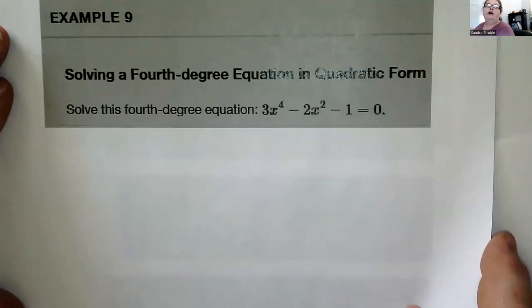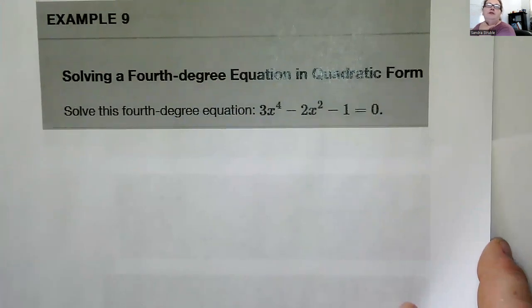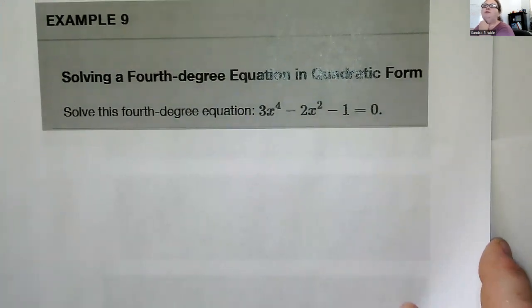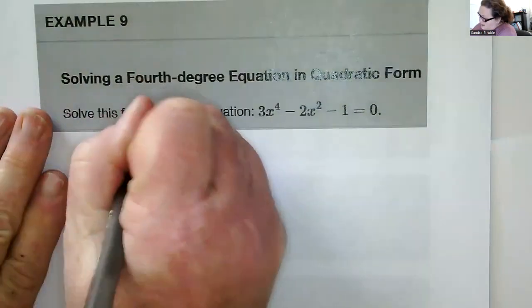Let's move to example 9. All righty, solving a fourth degree equation in quadratic form. Solve this fourth degree equation. 3x to the fourth minus 2x squared minus 1 is equal to 0. First thing I see that I want to do is make this look a little prettier. I don't want to deal with any fourth powers right now. So I'm going to let a